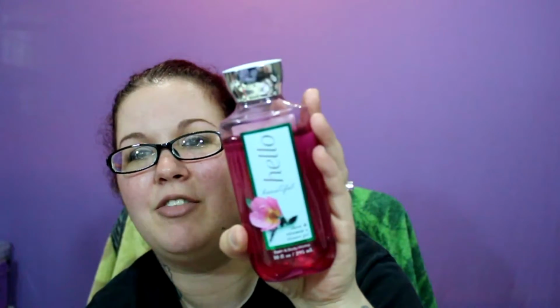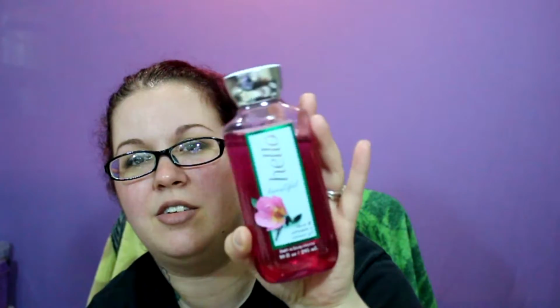And it's got white gardenia, jasmine petals, magnolia blossom, pink nectarine, and cotton musk. Before I read that, it smelled like strawberry watermelon to me. I don't know why. It smells like strawberries and watermelon. Throughout the day you can smell like a florally scent, but it's really clean and fresh and a nice summer